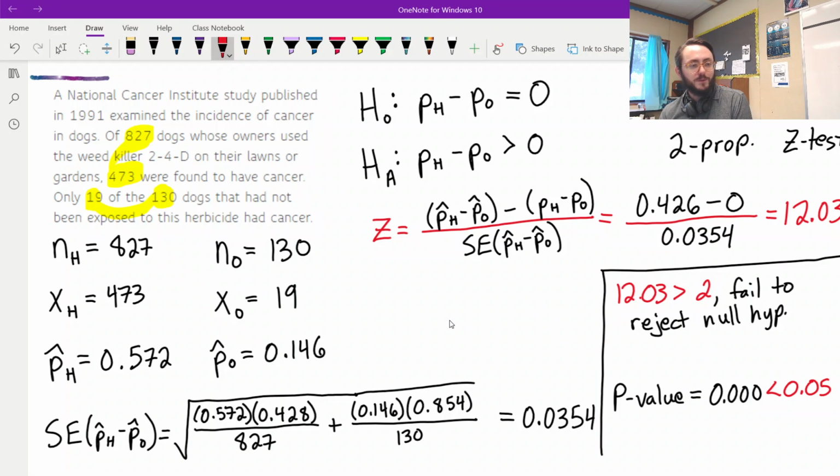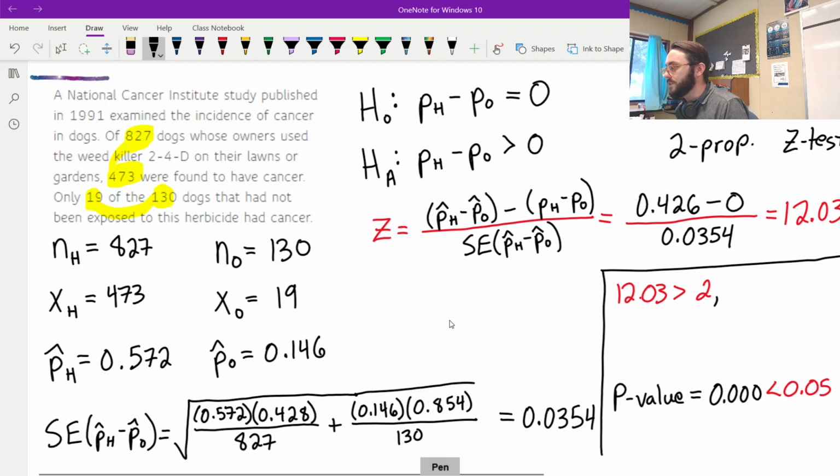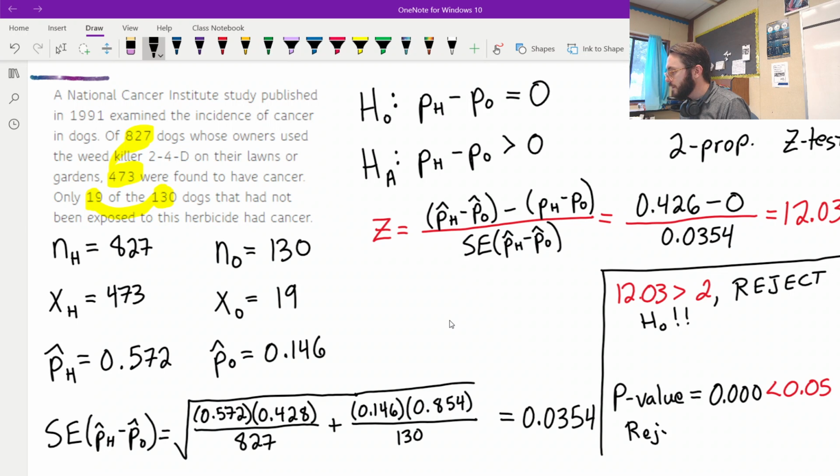Why did I say we failed to reject the null hypothesis? I was just so used to that. No, we reject the null hypothesis. We don't fail to reject it, we do reject it. So we reject the null hypothesis that there is no difference between dogs exposed to the herbicide and dogs not